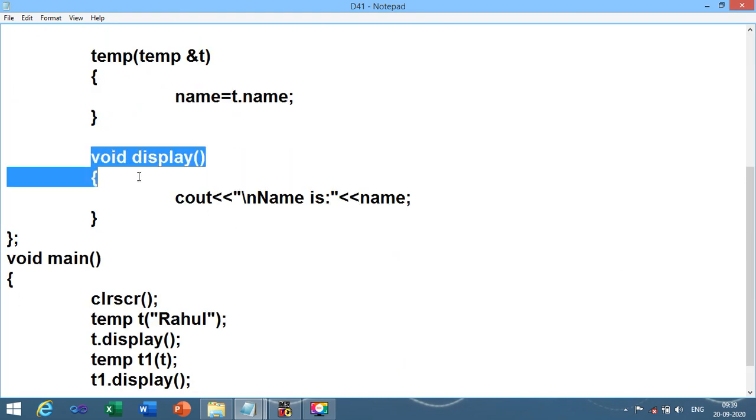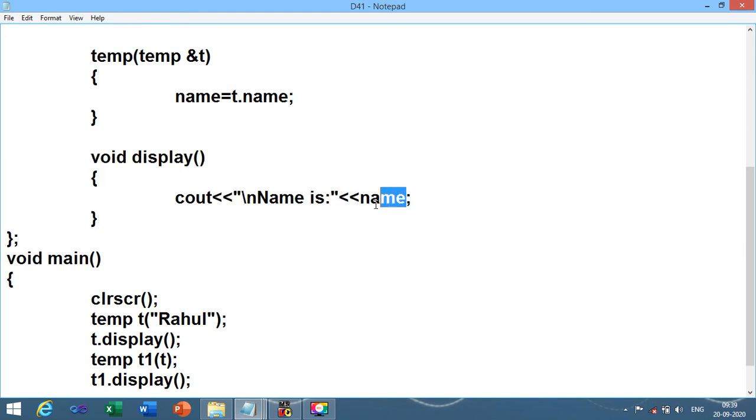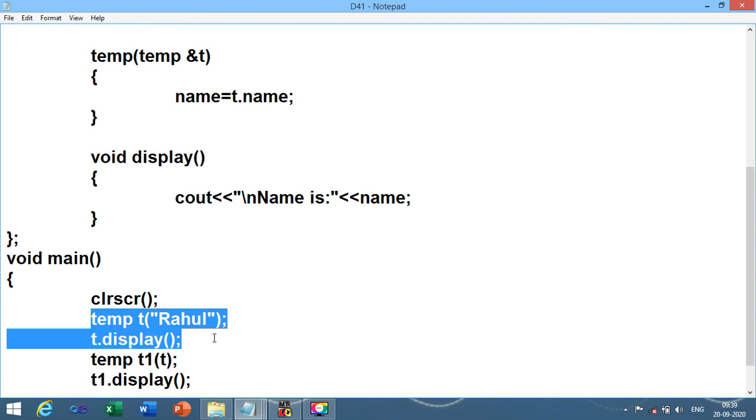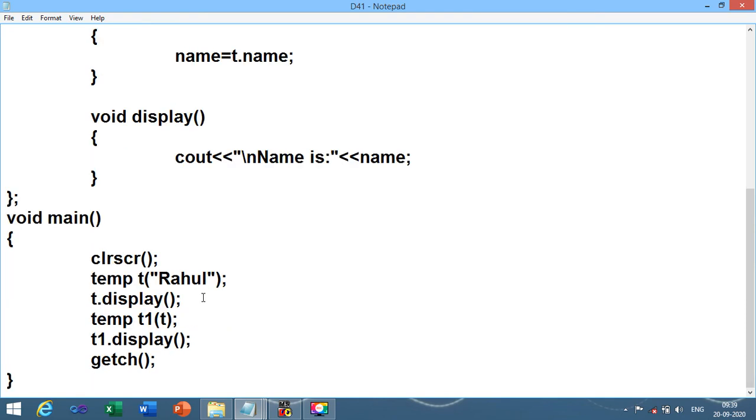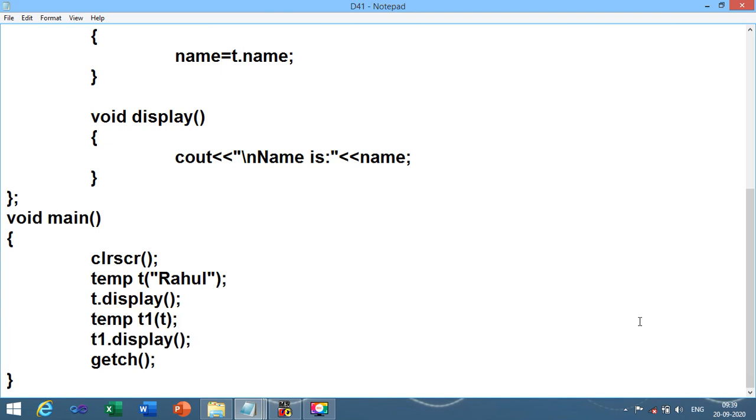One method I have created, that is called display. Display will print the name which is copied using parameterized constructor. Over here we have passed the value Rahul. You can pass Radha or any name. Based on that name, it will call copy constructor and it will display the message on the screen.